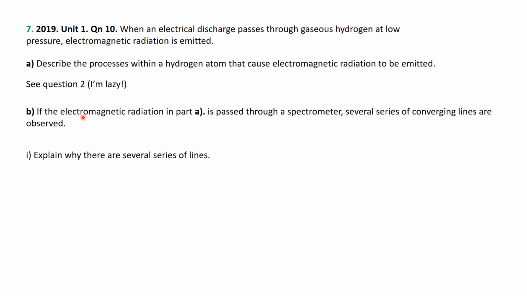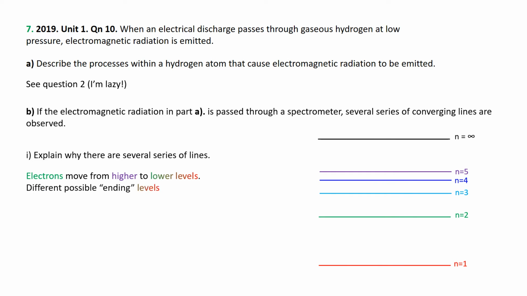Now, the electromagnetic radiation is passed through a spectrometer. Several series of converging lines are observed. Why are there several series? Well, electrons move from higher to lower levels, and there are different possible ending levels, and it's those ending levels that give rise to